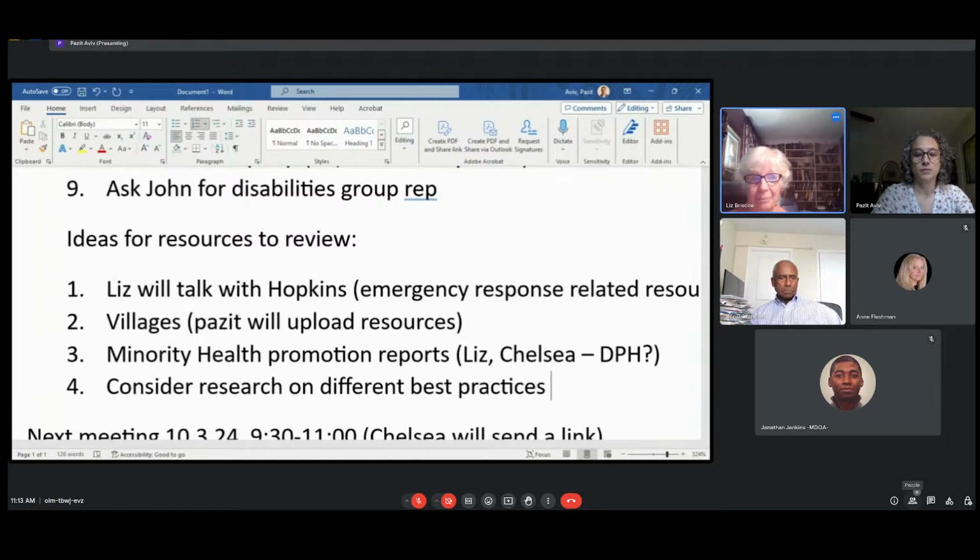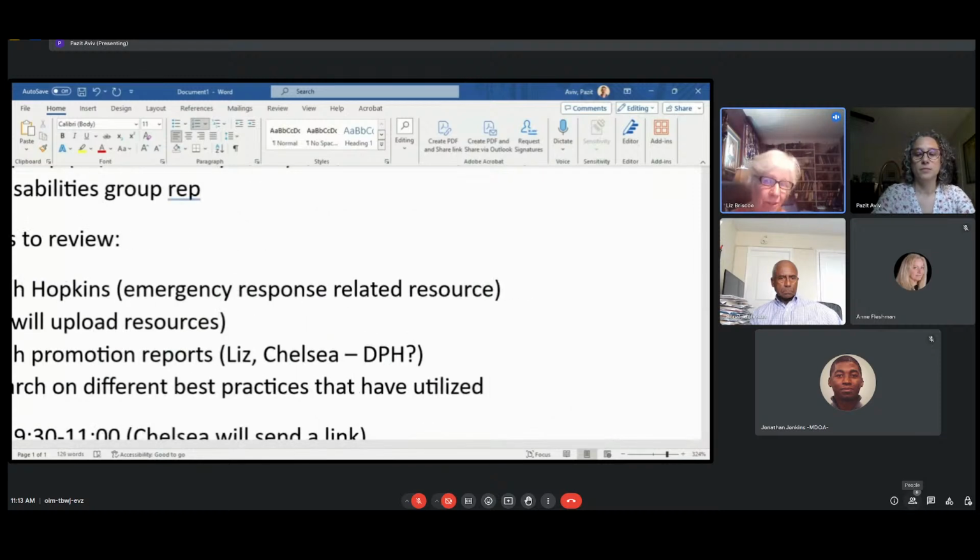But I'm just trying to get an idea of what you're thinking for resources. I'm writing it down because what you're touching on is this: our work is sort of a systems recommendation on engaging hyperlocal organizations on aging in place. So the subject matter is aging, but the strategies can be extracted from other types of work.